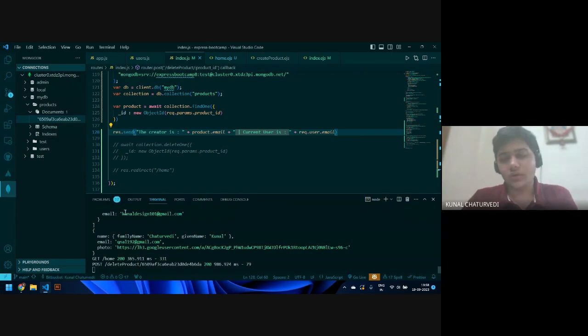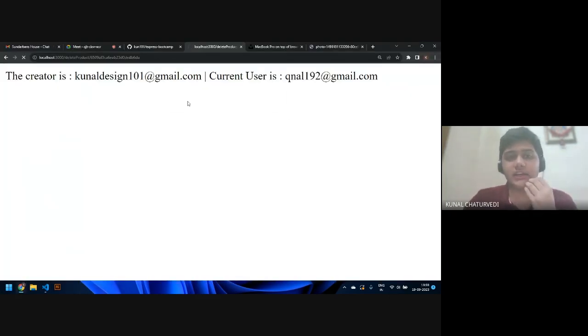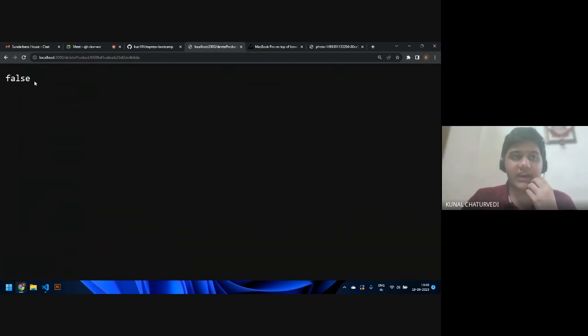So to solve this situation, we now have these two variables which we can compare. So instead, let's compare these two, saying, can you delete it, and it should give us a true or false answer. Let's try reloading it again, and it says false. You cannot delete it because we are using another ID to access this very particular ID,